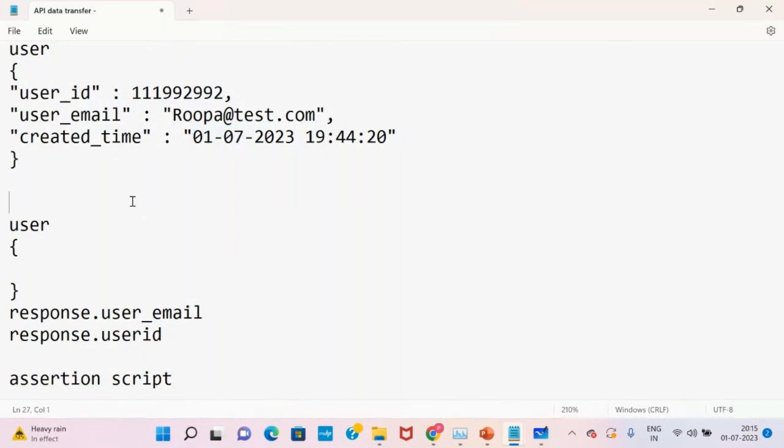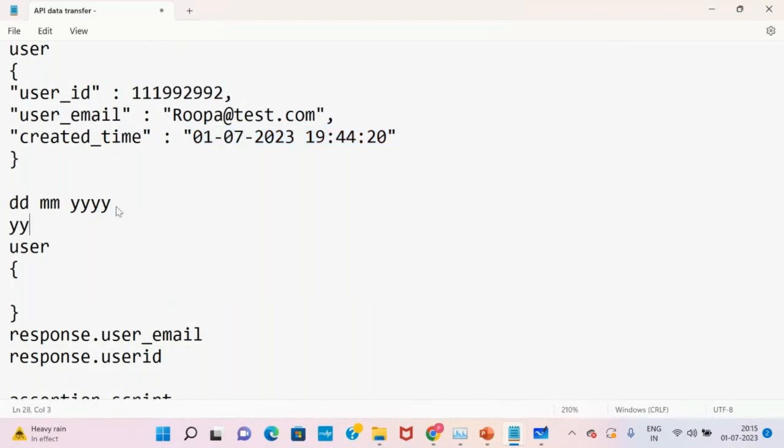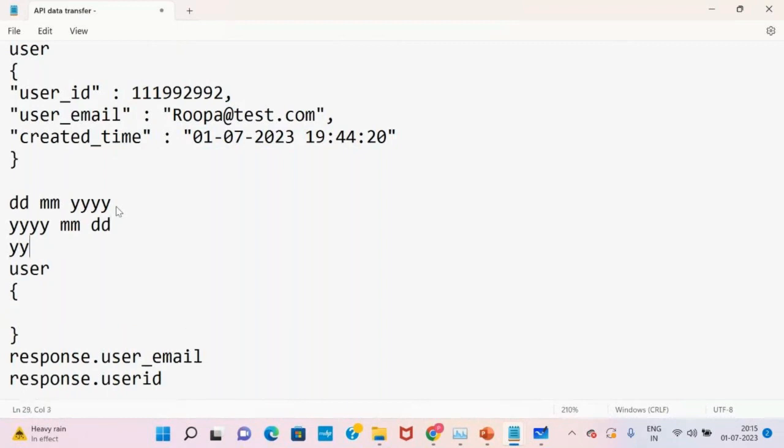Now your format is DD, MM, YYYY, and then you have hours and minutes and things like that. This time format will work. Now if the format is YY and MM and DD, or YYYY DD MM, if we have it different like this,